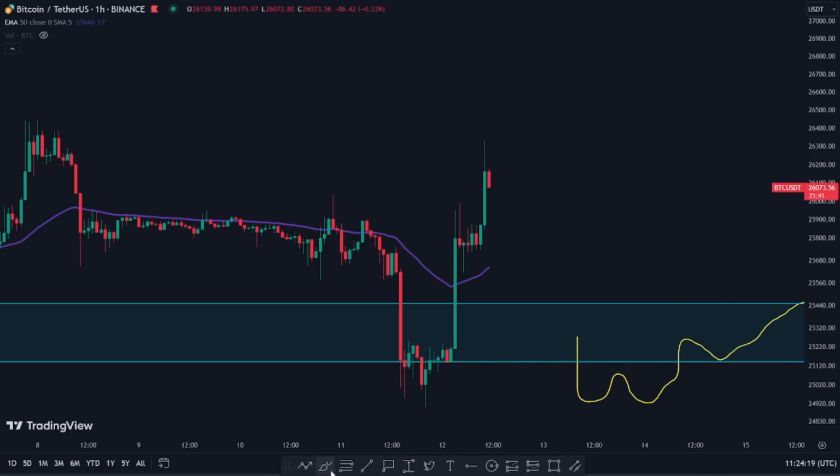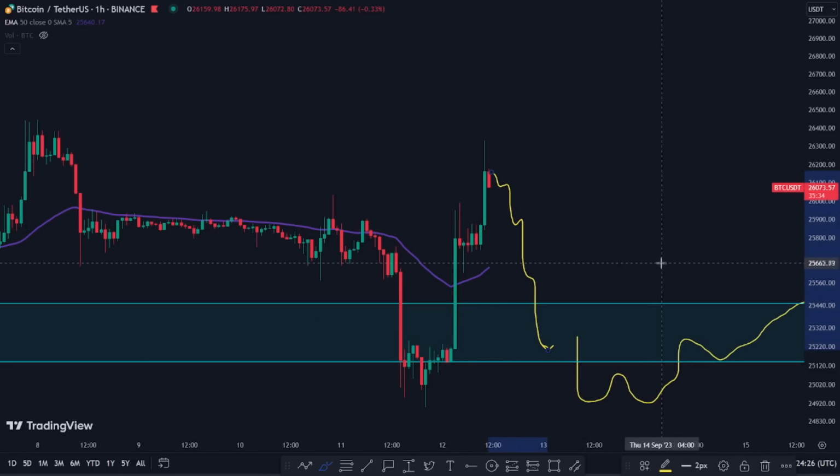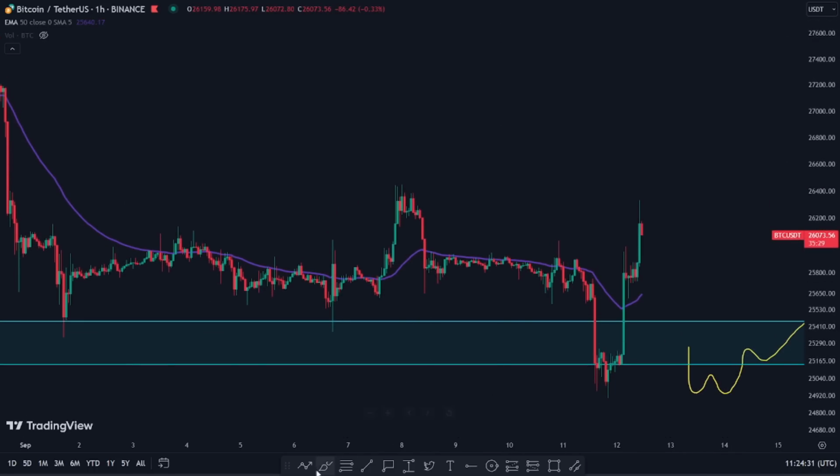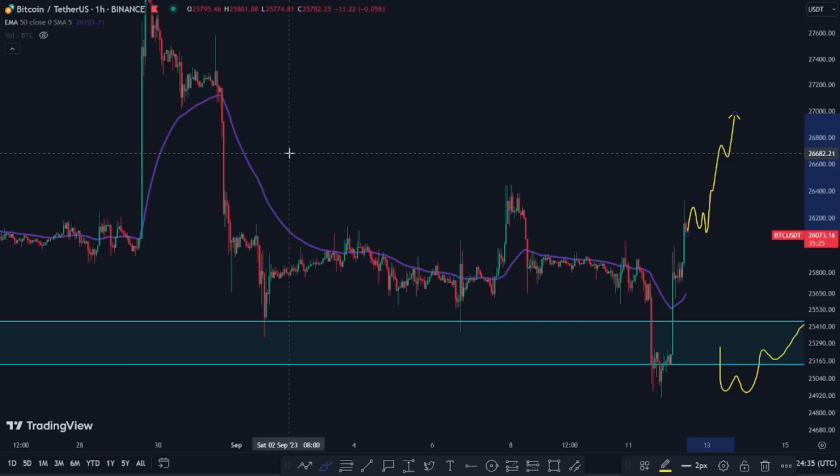Now, this pump here, in principle, it's very likely that it gets retraced either today or in the next Asian session. But there is also a chance that it might be one of those 10-15%, and maybe this continues going higher if CPI tomorrow is good, and at the end the FTX don't get the approval to liquidate assets, or if it's, in this case, sell the rumors, buy the news, the opposite, okay? But if that's the case, then yes, we're gonna go and hit these 2 liquidity pools in the very short term.